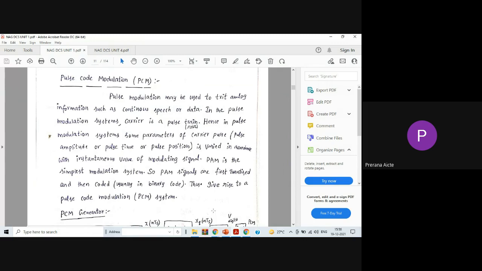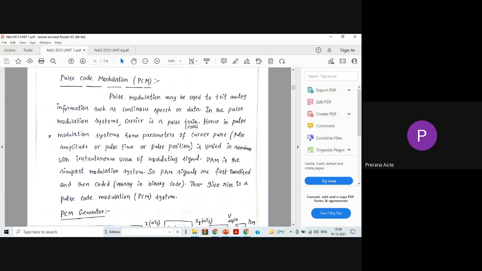Before that, first we need to know what we mean by pulse modulation. In yesterday's class, we saw different types of modulation techniques. Under this, we also studied pulse modulation. So, what is pulse modulation? In pulse modulation, the message signal is a normal sinusoidal signal, whereas the carrier signal is a train of rectangular pulses. To produce a modulated signal, we vary parameters like amplitude, frequency, or phase of the carrier signal with respect to the amplitude of the message signal.